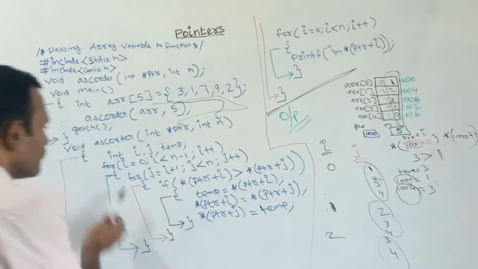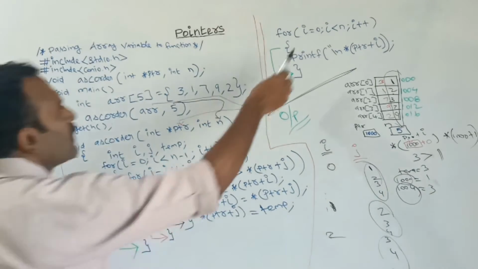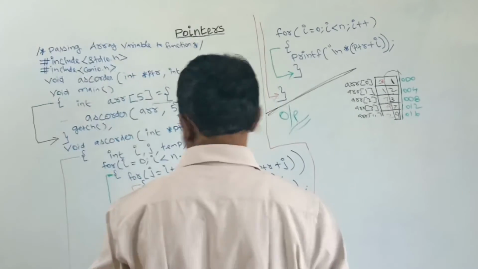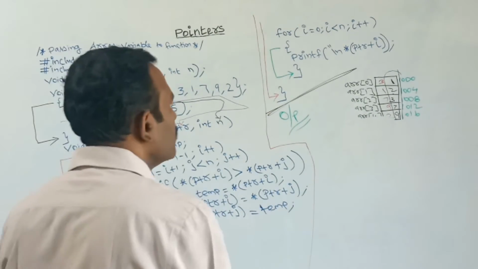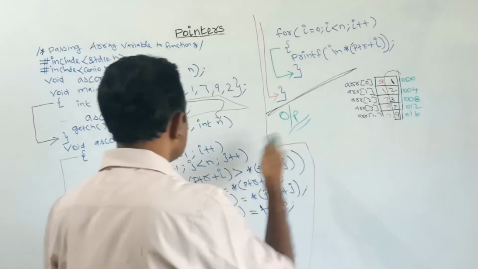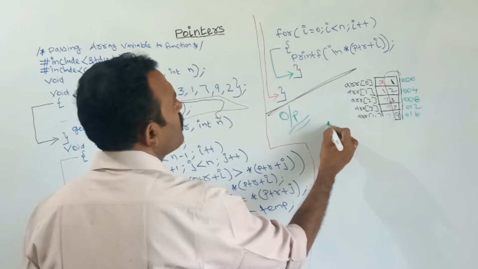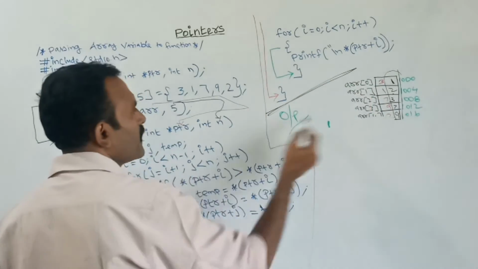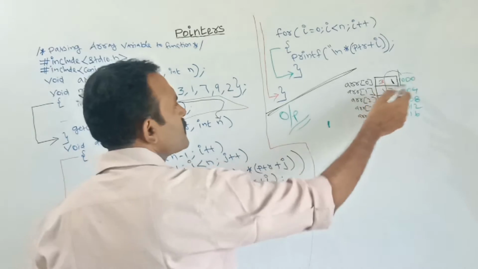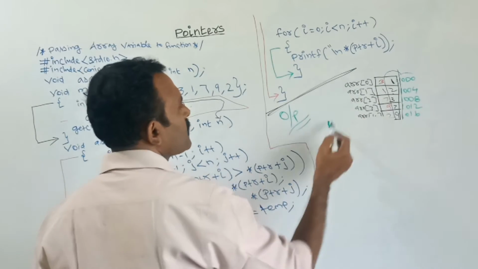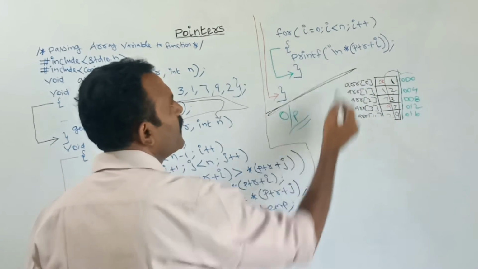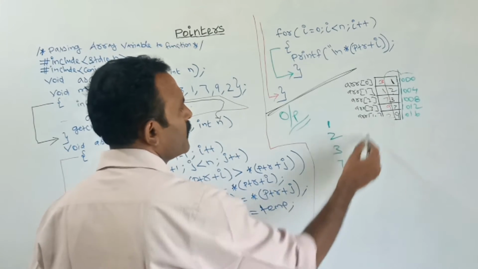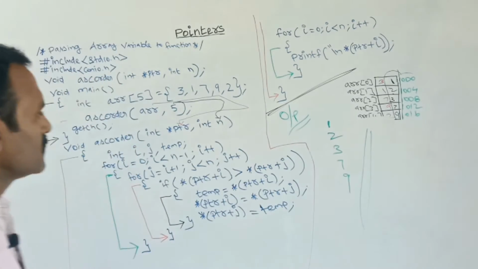So finally, after finishing this for loop, in the next for loop I am telling it to print the final value. Finally this output will be displayed like this. That is 1. Next, star ptr of I: ptr always holds the base address, that is 1000, so 1000 plus 0 is 1000. At the 1000 location the value is 1. In a similar way it will print 3, 7 and 9. So the numbers will be printed in ascending order.